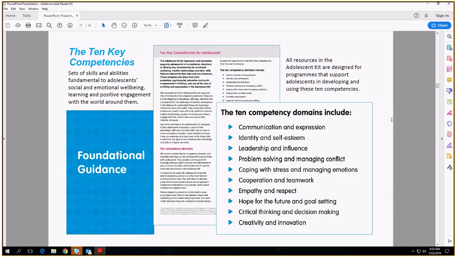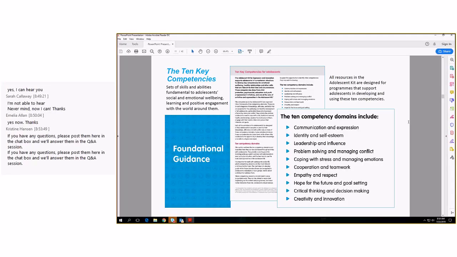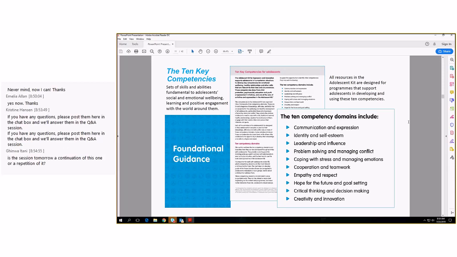And then really the heart of the entire adolescent kit is a framework of 10 key competencies for adolescents. And this is a framework that we consider an adaptable and flexible but core and foundational framework of outcomes for adolescents that the entire kit is designed to contribute to. So when we were thinking about what should a program for adolescents address, what positive changes might we be trying to contribute to for adolescents in all circumstances, but especially those in humanitarian settings, and especially those affected by conflict,